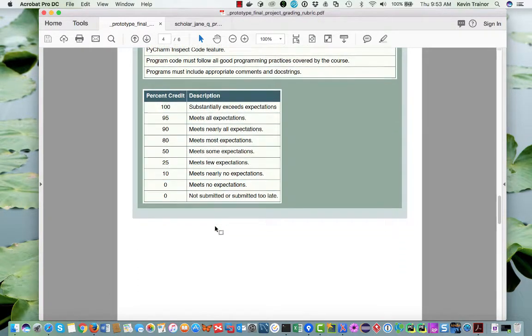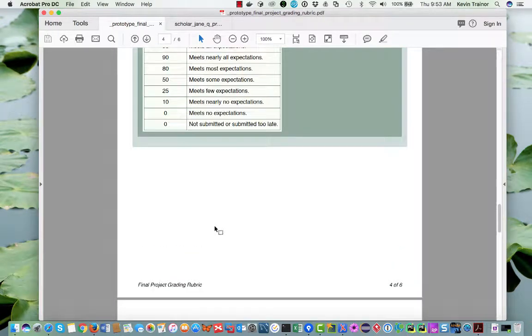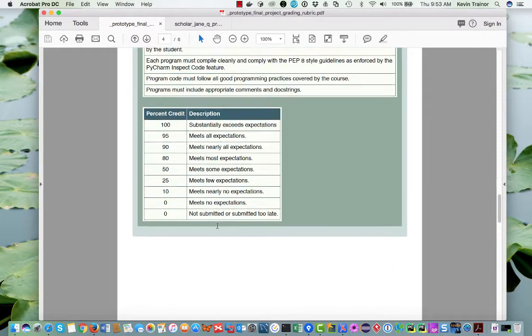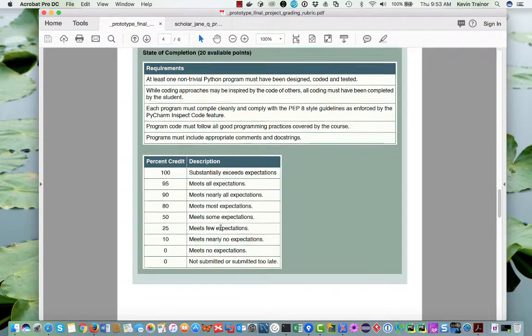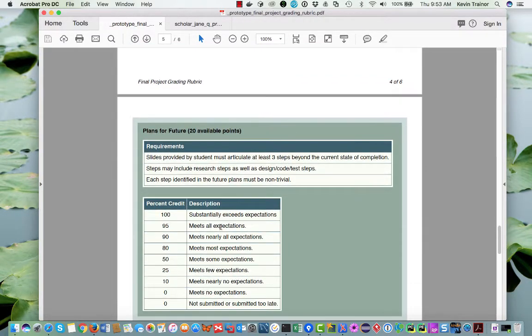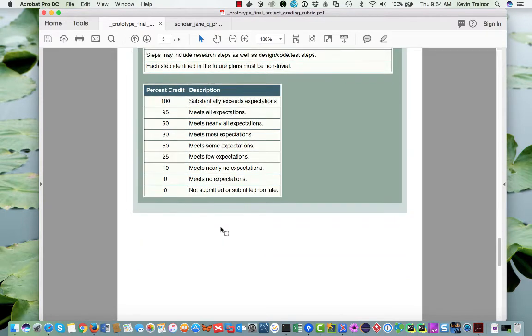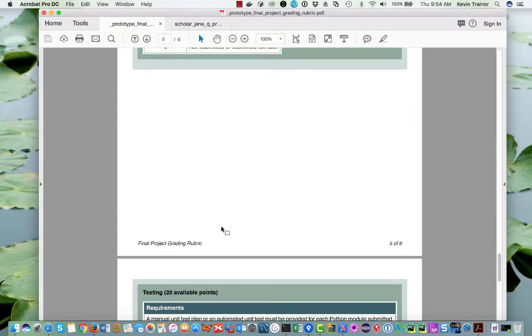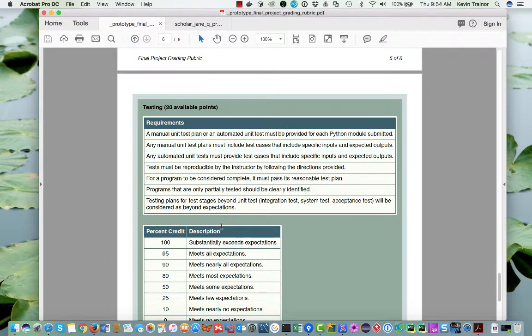Okay, and I think that was it for that one. Well, what was the next one? State of completion, plans for the future, testing. Oh, so in this case, there was only one